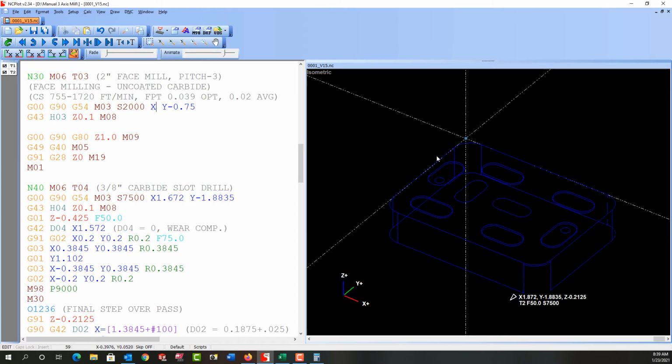So next we need our X coordinate. Well, we're going to start here in the negative X and feed across in this direction. So the X will be negative the radius of the cutter, plus I would like that 100 thou gap that I always use between the edge of the cutter and the part. So put the tool in the spindle, position and turn it on, pick up my height offset. So the next step is to feed to our depth of cut, which is at 0, and then to calculate